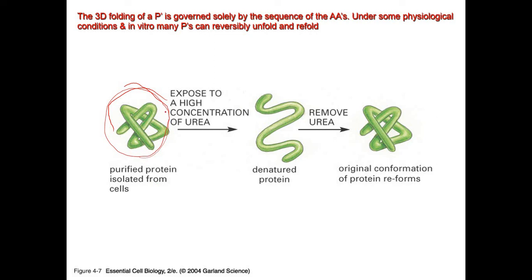And then when you expose this to high concentration of urea, you can do this in the lab. If you expose this to high concentration of urea, you actually denature that protein. So denaturing a protein means its 3D structure is removed. You can form a linear protein. And then if you remove urea, you can form that back because whatever is interacting in there, like the H bonding, ionic bonding, the disulfide, will interact again. They come back, so that's why the protein reforms. Okay? So proteins are actually very interesting